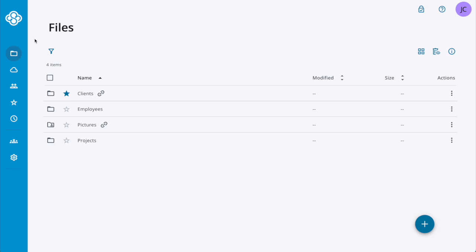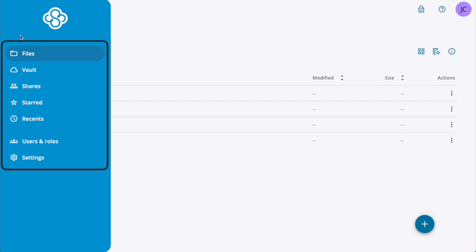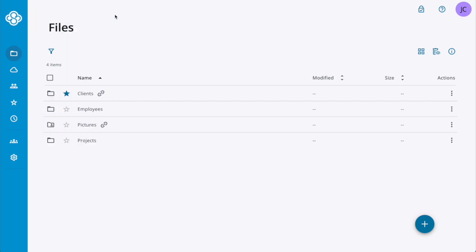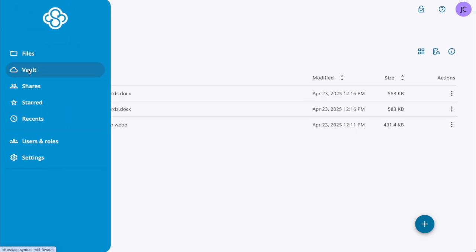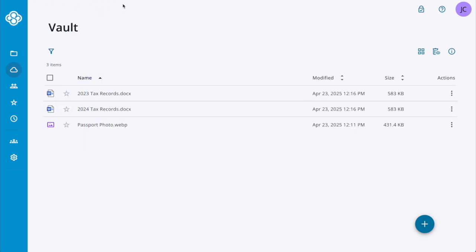in your Sync account. Once you sign into the web panel, you'll see a slide-out navigation menu on the left-hand side. Let's quickly run through the menu options. By default, you'll always start on the Files tab, but this can be changed later. The Files tab is where you'll see all of your files and folders in Sync, including folders shared with you. Files in the Files tab will automatically sync across to any computer or mobile device you install the Sync app on. Next is the Vault, and this is where you can store folders and files that you don't want synced